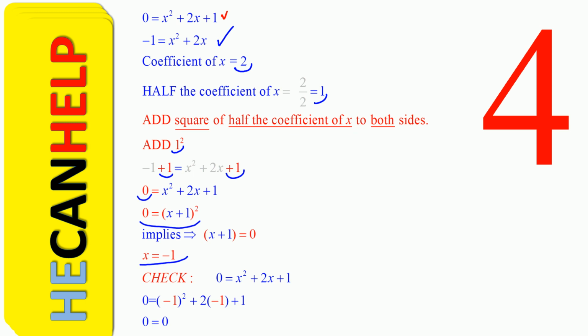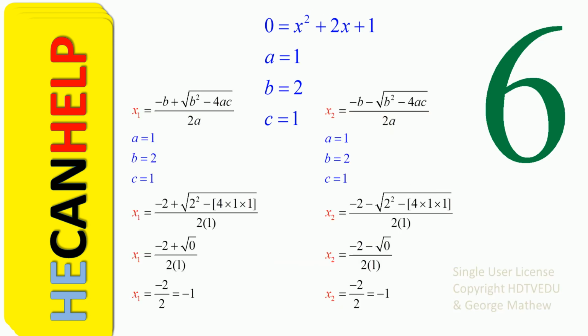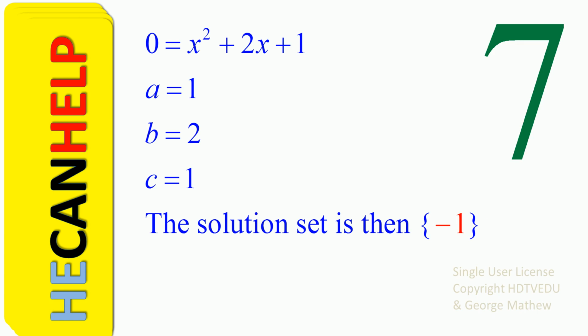Please don't forget, when you substitute x equals negative 1 into our equation, we should get 0 equal to 0. And we can substitute a, b, and c into the quadratic formula, and we get the same answer. Both x1 and x2 are the same, negative 1. So what is our solution set? X equal to